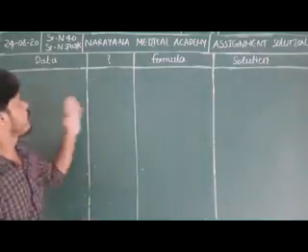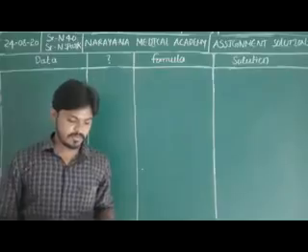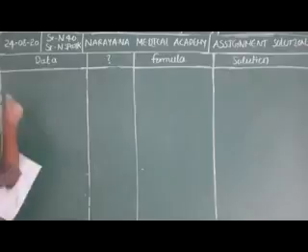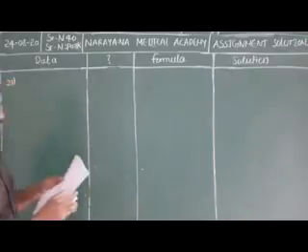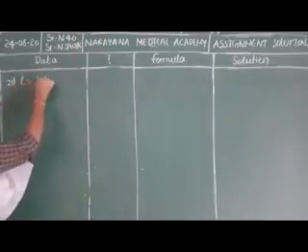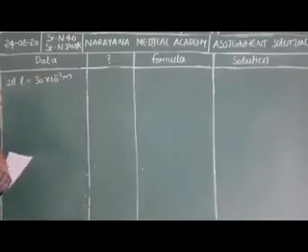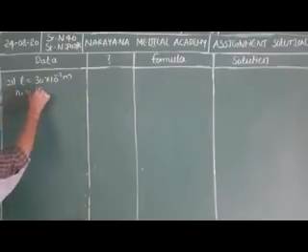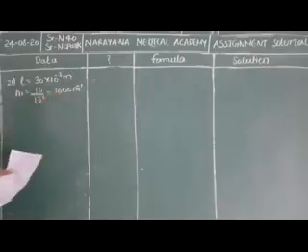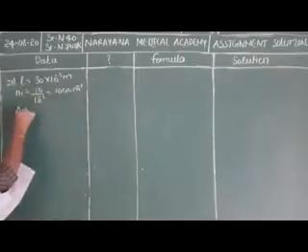Today we will discuss assignment solutions of August 24th. Let me discuss one by one from the 21st. Let me write the given data. A solenoid of length 30 centimeter with 10 turns per centimeter. L is equal to 30 centimeters, nothing but 30 into 10 to the power of minus 2 meter. N1 is equal to 10 turns per centimeter, nothing but 10 by 10 to the power of minus 2, 1000 turns per meter.